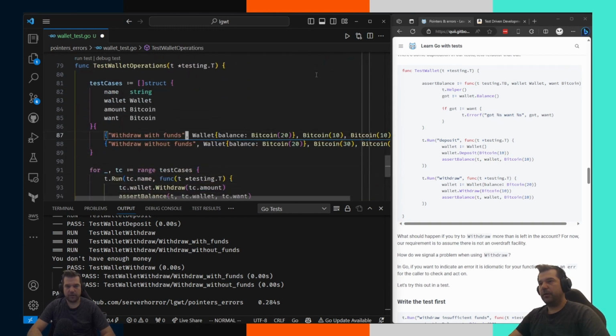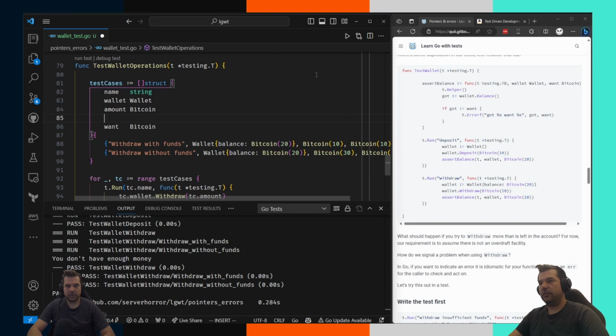We have a wallet, an amount, and an operation, which is a func that takes an amount of Bitcoin. Great. Name wallet amount of Bitcoin, and we are getting a